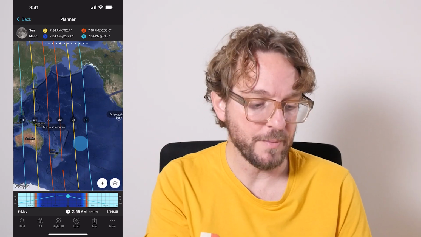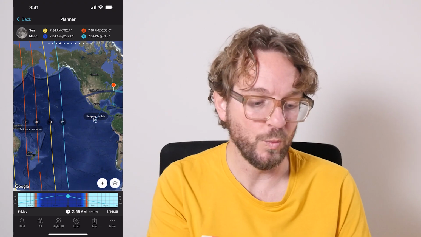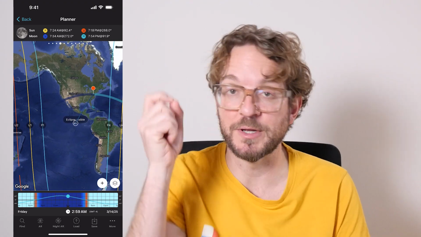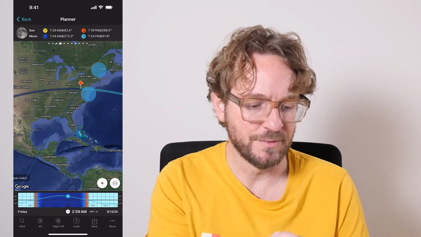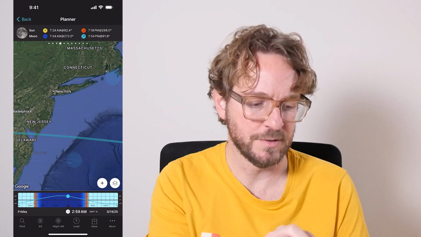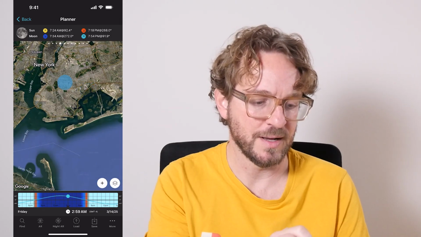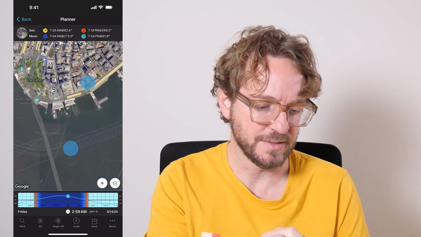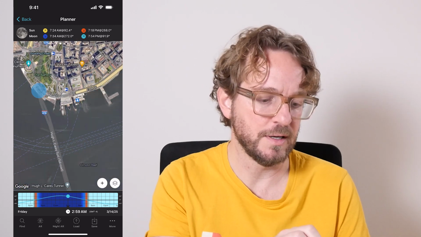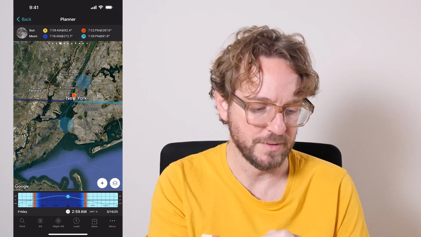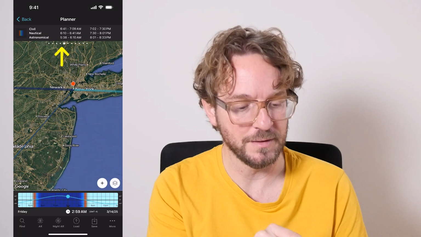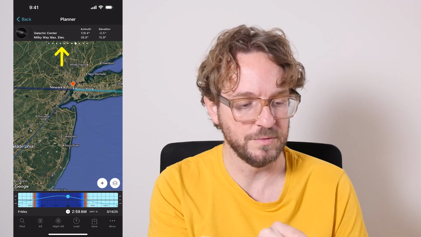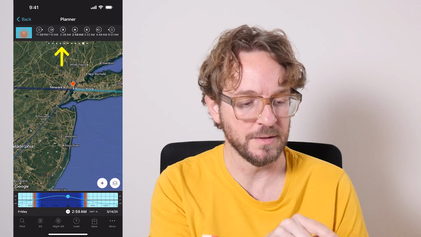So here on the map you can easily see where the eclipse will be visible, so you can place the red pin on the spot you wish to photograph it. For example, let's place the red pin here in New York and see what happens. Let's place it somewhere here in the Battery, for example. Pretty cool. Okay, now swipe the top panel to the left until you get to the eclipse panel, this one,